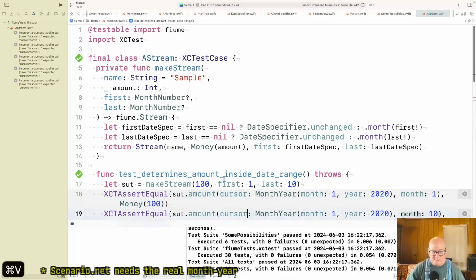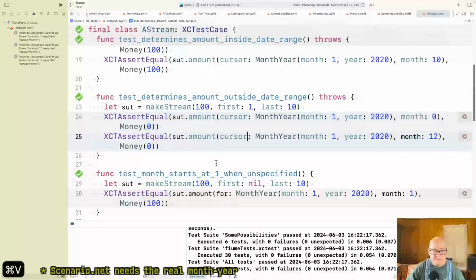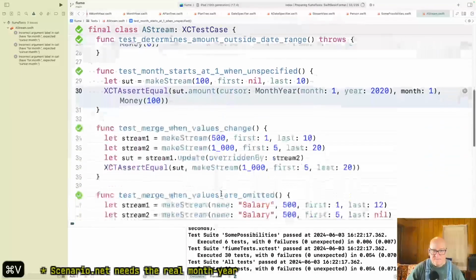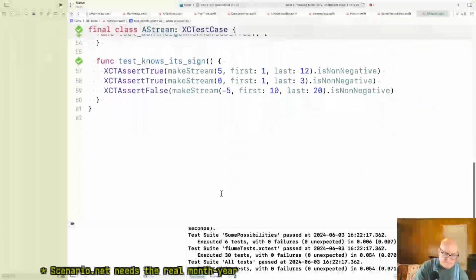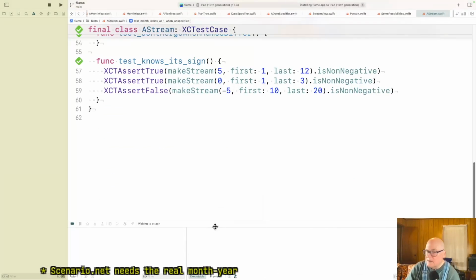I'll probably change it to month in the end. Internal name for cursor. Yeah.